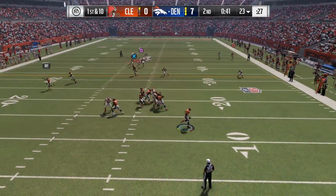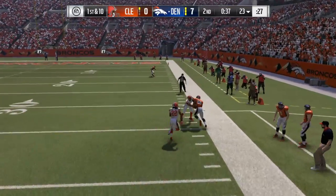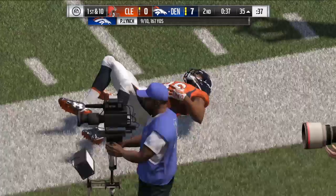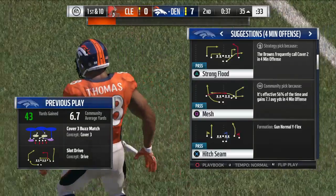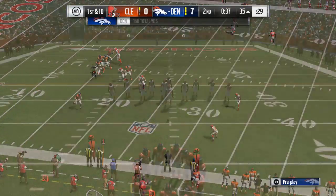Lynch to throw. Escaping the pressure right. On the run, he'll let it go. Got his man. Complete. A big play there just before halftime. 43 yards. And the young buck showing that ability, that agility to dance outside of the pocket, complete the deep